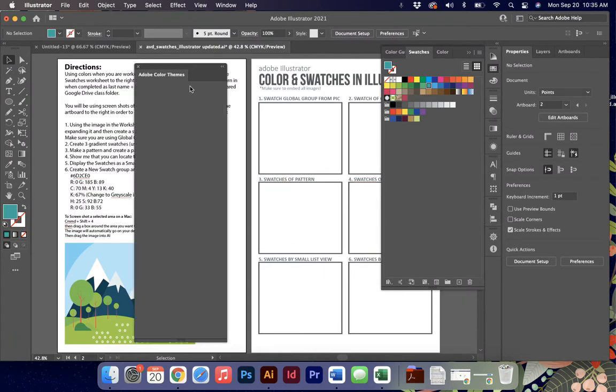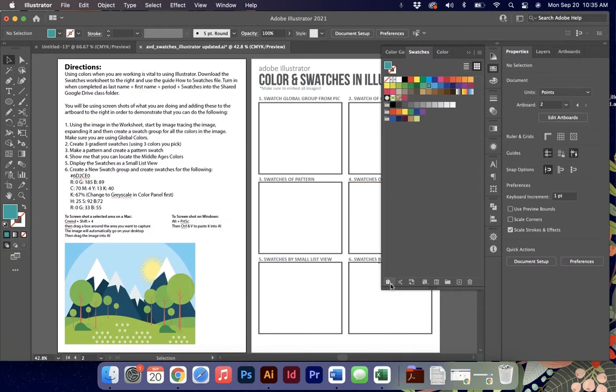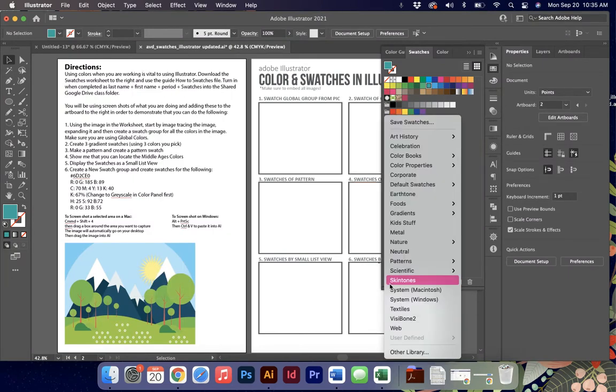This panel right here allows you to open up Adobe color themes. Themes are a really great opportunity to look through things where colors have already been created. I don't have options to this just because it's a Wake County thing, but if you have a regular version, you should be able to access the Adobe. The last thing that's really convenient are the Adobe